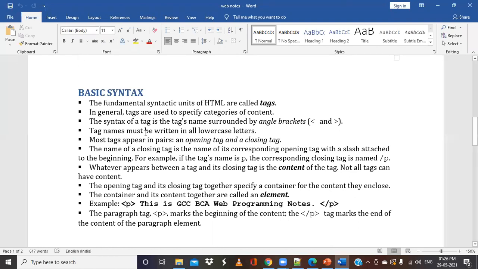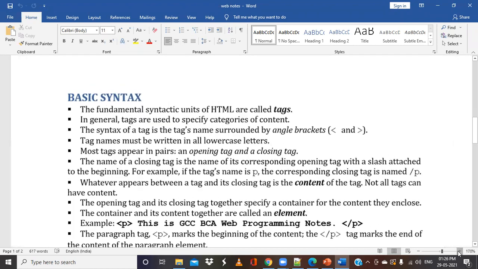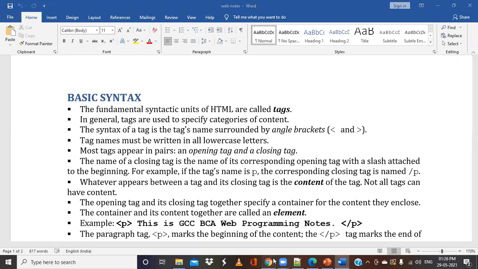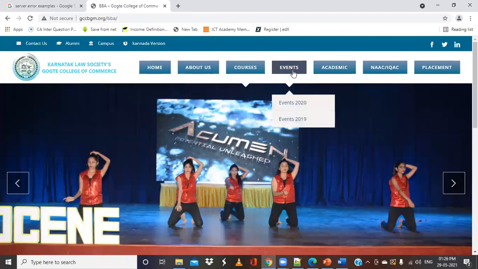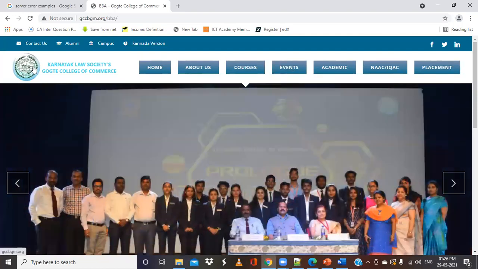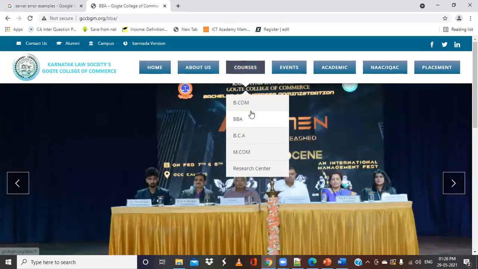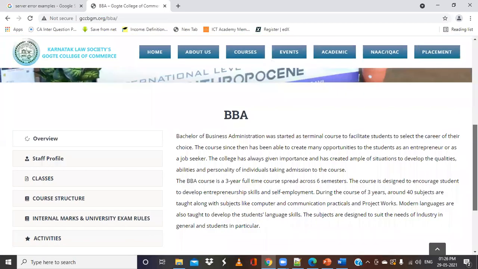In general, tags are used to specify categories of content. Why are these tags required? When I open a web browser, there are a lot of things appearing. Here is an image. Here we have some links, like for Facebook and other things. Here I have some list, and here is another image. And here I have some paragraphs.